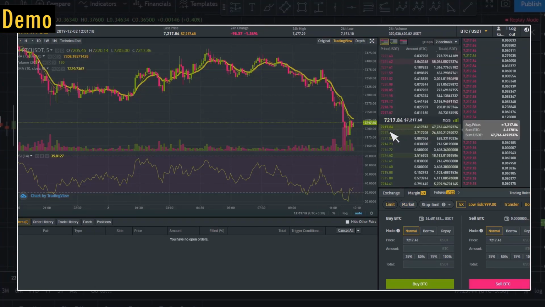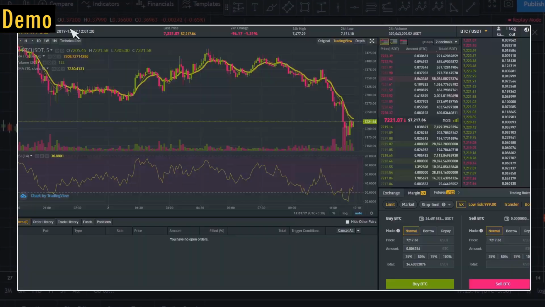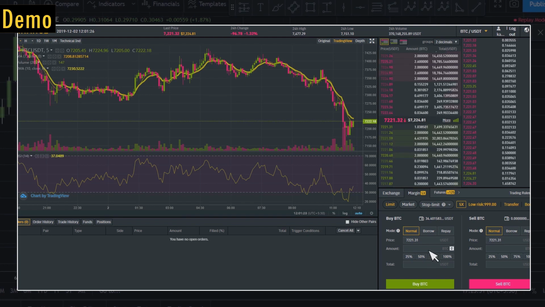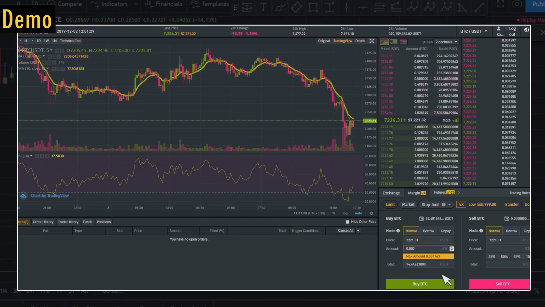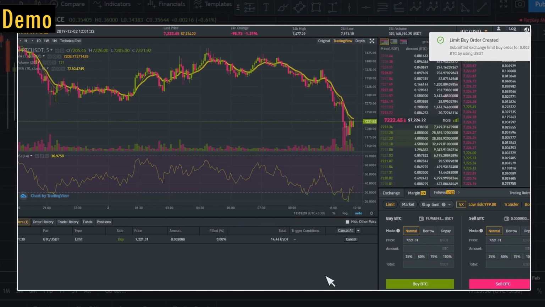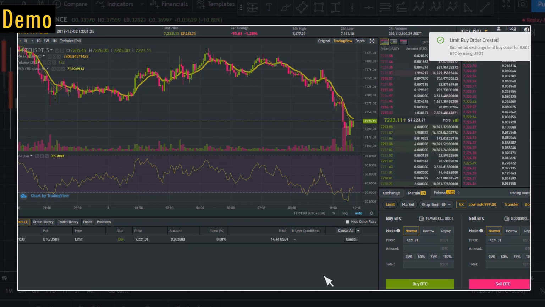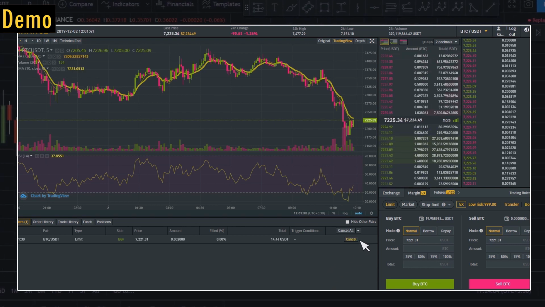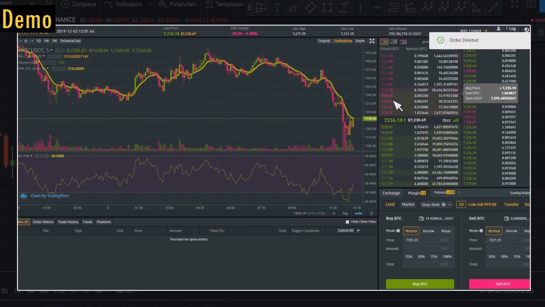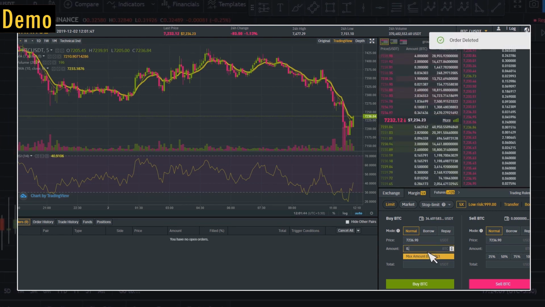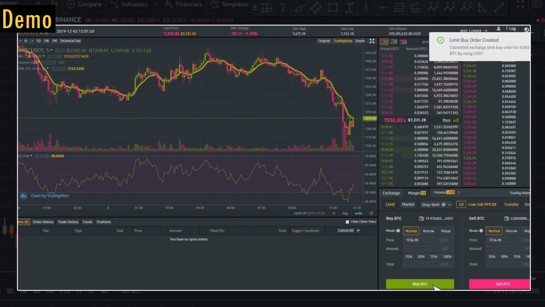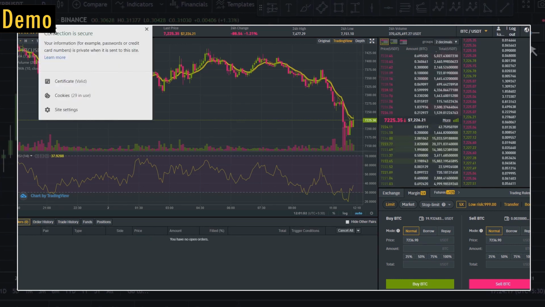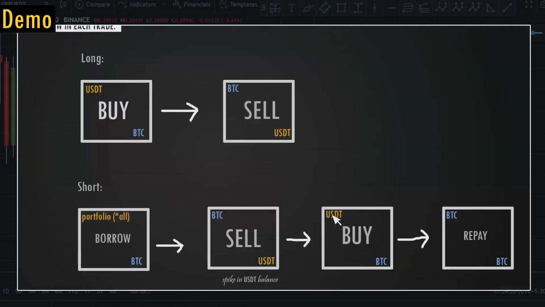Limit order and this one. So we have to repay 0.002, right? So let's buy that amount. So select this, 0.002. Okay, click on buy BTC. Let's see what happens. Should get filled pretty soon. Let me buy it at a higher price. Yep, it got executed. So this step is finished.